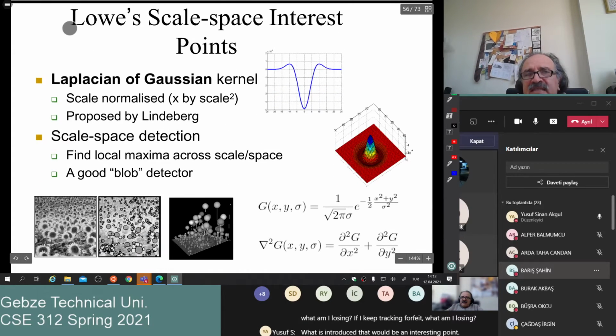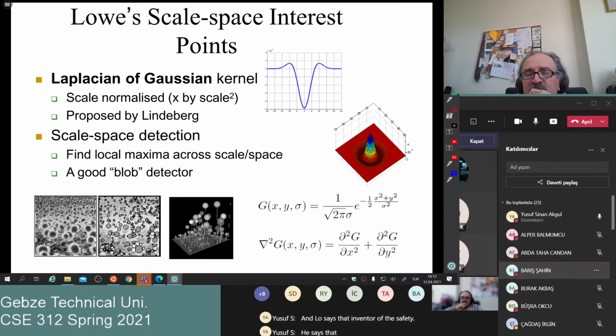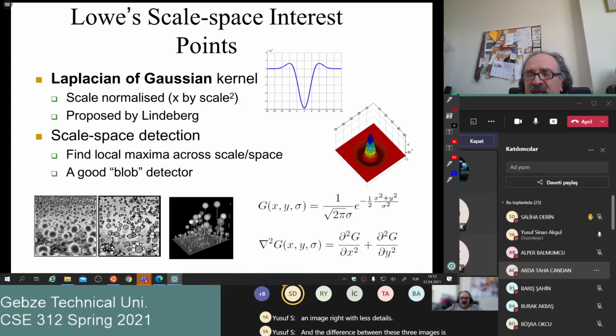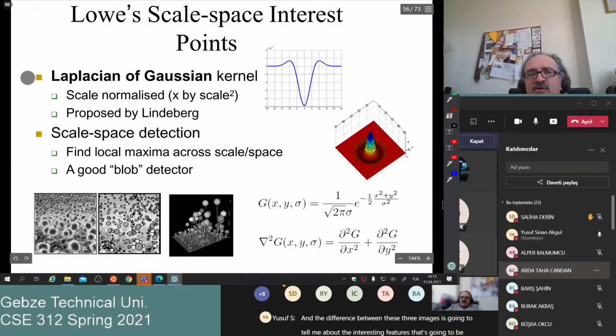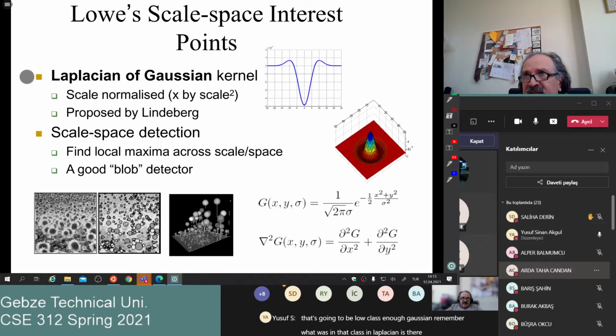Lowe, the inventor of SIFT, says that I am going to change the scale of the image using this Gaussian. After applying the Gaussian I will get a new image with fewer details, and the difference between these two images is going to tell me about the interesting features. That's going to be the Laplacian of Gaussian. Remember what the Laplacian was? The Laplacian is the second derivative of the